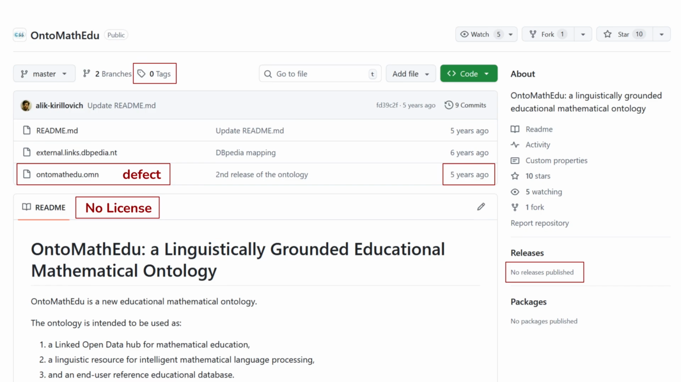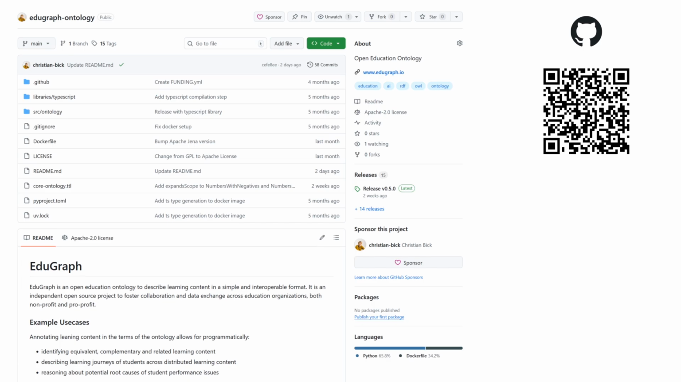The actual ontology file is defect. There is no license information and no proper release. So I really had to start there from scratch. And the good thing is that I already have a background in this from my